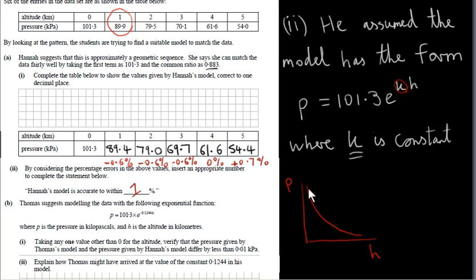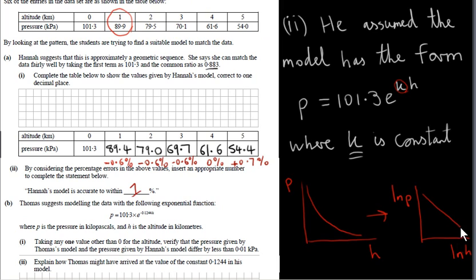By the way, if this is an exponential function, if we look at the graph of the log of p against the log of h, then we would have a straight line. Actually, more correctly, it's log to the base e of p, which is written ln of p, and log to the base e of h, which is written ln of h. If we were to look at the values and get the log of both rows and plot ln of p against ln of h,